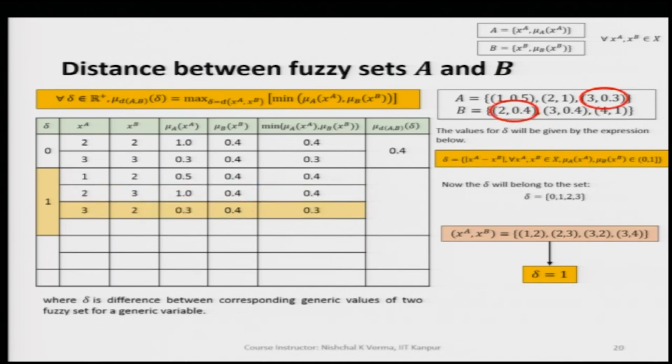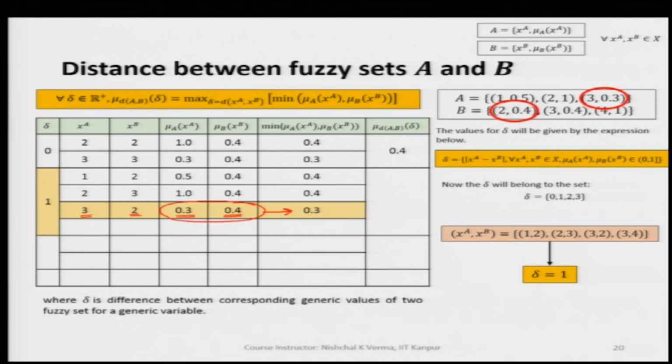Next, we take the third pair, for which delta is equal to 1. We have written here 3 and then 2, and then their corresponding membership values, which we are getting from the discrete fuzzy sets A and B. Now, when we take the minimum of these two, we are obviously getting 0.3. So, that is how this row is entered, and then we have the fourth element,